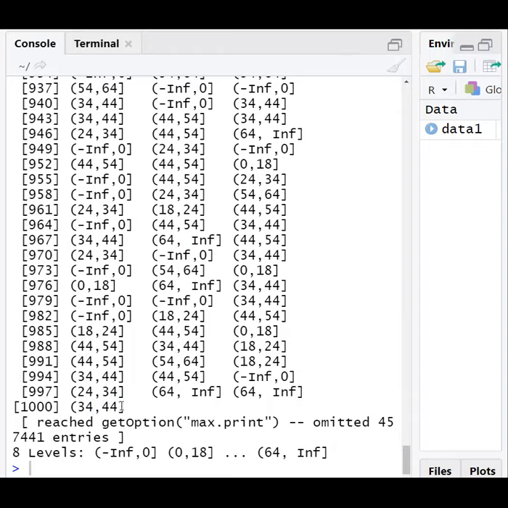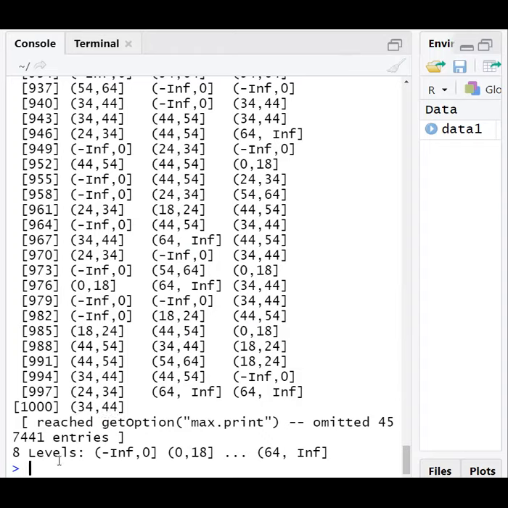The square bracket indicates it is included. So the range ultimately becomes 35 to 44. For each row, it has printed to which category it belongs.